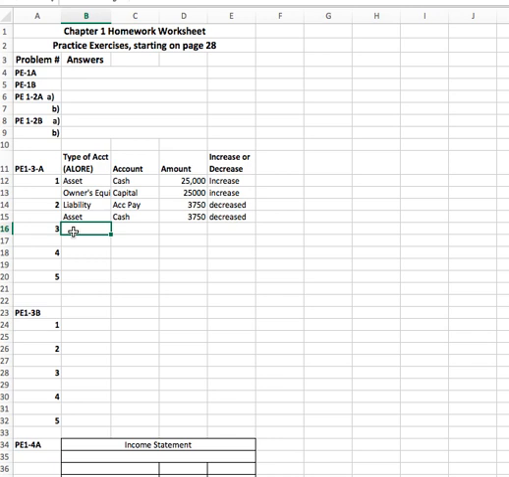Transaction 3, it says we billed customers for delivery services on account. So we have an asset account that we're going to set up when we send a customer a bill, and it's called accounts receivable for $22,400, and that's going to increase because somebody owes us money. And then the revenue account, called fees earned, will also go up by $2,400 because we have earned that money. We have done some work and we've earned some money. So hopefully this is going to help you fill out the rest of practice exercise